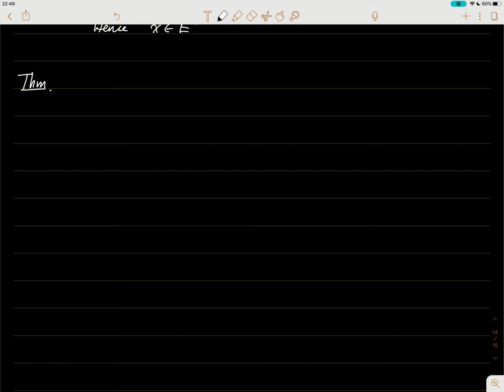The next theorem, I'm going to show that E is closed if and only if the set of limit points of E is included in E. Okay, so this is actually an alternative definition for a closed set. If the set contains all its limit points, then it is closed. Okay, so to show this,